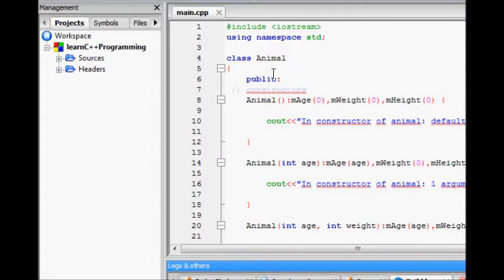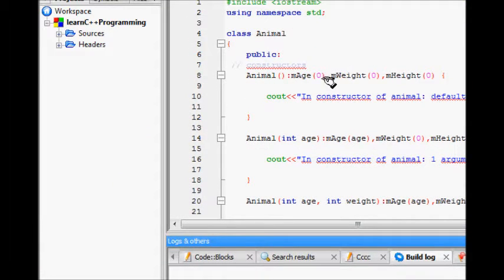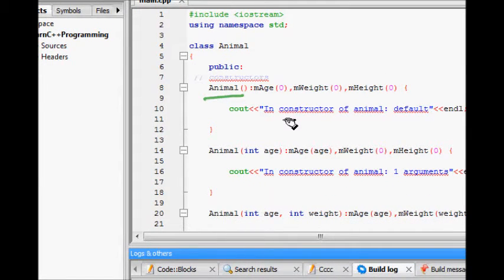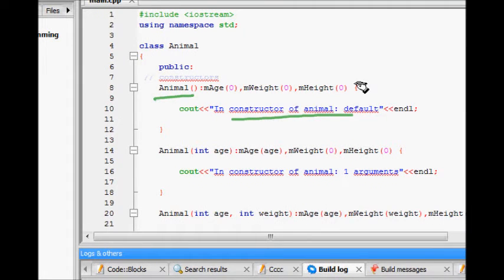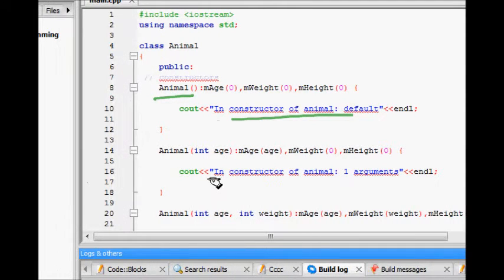Our animal class now has a lot of overloaded constructors. The first is the default one that takes no arguments, and it prints "in constructor of animal, default constructor", and it initializes age, weight and height to 0.